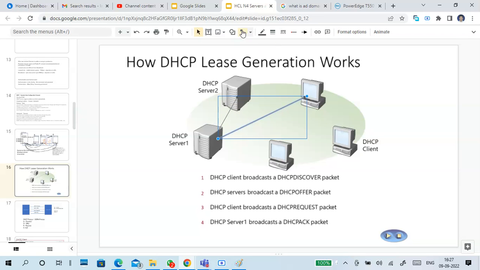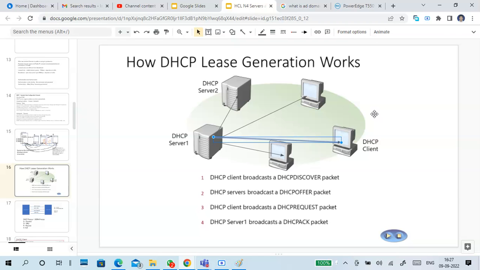Everyone means, in a packet, always remember, there is a source IP, destination IP, source MAC address, and destination MAC address. But in this broadcast, the IP address won't be there. In these broadcasts, the IP address is not very important.